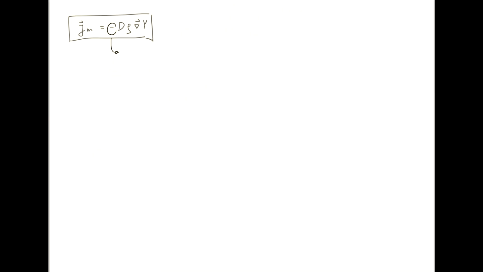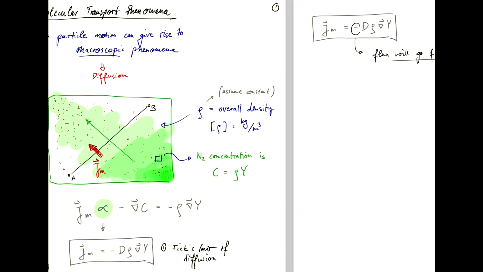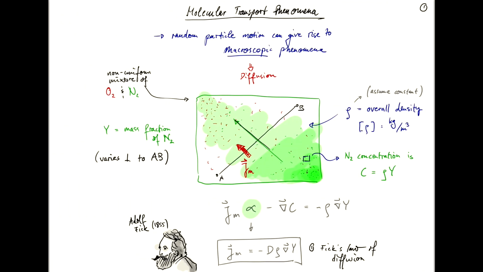Now, just to briefly review, why is there a minus sign here? Well, it's because our flux will go from high concentration, from high Y mass fraction, to low. And you can readily see why that implies that there needs to be a minus sign if you want to have this to be the direction of the flux. Namely, if we look back at our direction of diffusion here, and we go from, say, one point x1 to another point x2, from high to low,